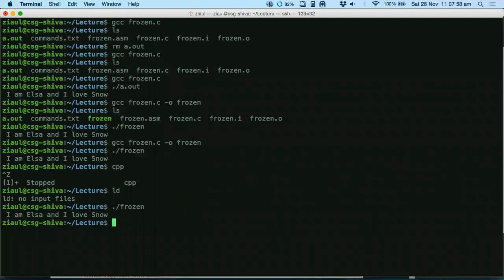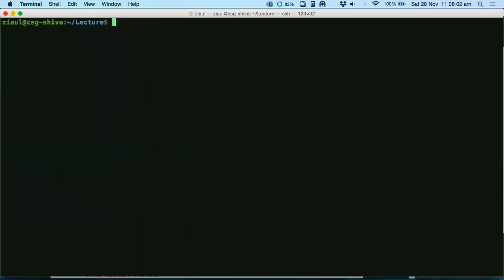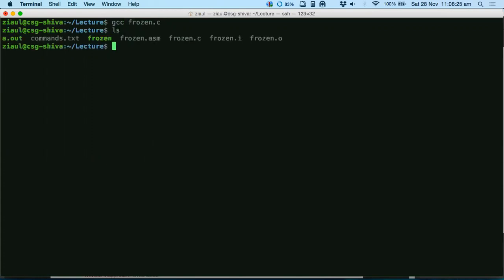Sir, can you explain what the a.out thing is again? Yeah, so when I compiled my program, I used gcc and then said frozen.c. In this case, an exe needs to be created after the compilation process. So what is that exe? The name of the exe is ./a.out. That's the default exe name. And it is in green color because this is what Linux does for you. All these other files are non-executable files.